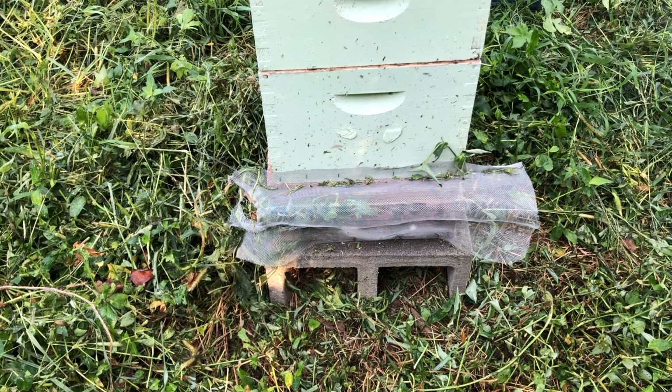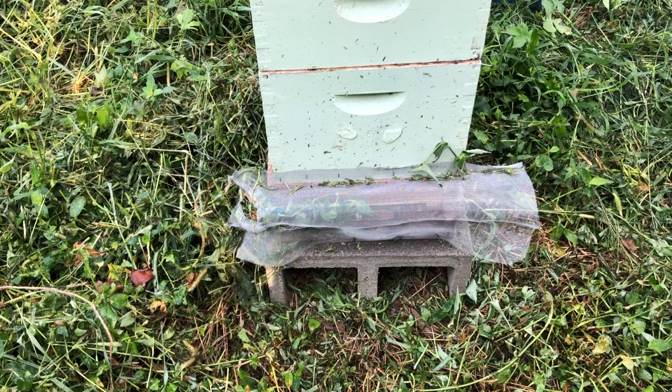Okay, now we're going to this hive. We're going to watch it from the front for a minute. I did a split on this hive a couple of weeks ago to help break the brood cycle for the varroa. One side of the split has the queen, I don't know which. So we're going to see when we look in this hive if it looks like it has a laying queen or not. I did see a bee flying in with pollen yesterday,